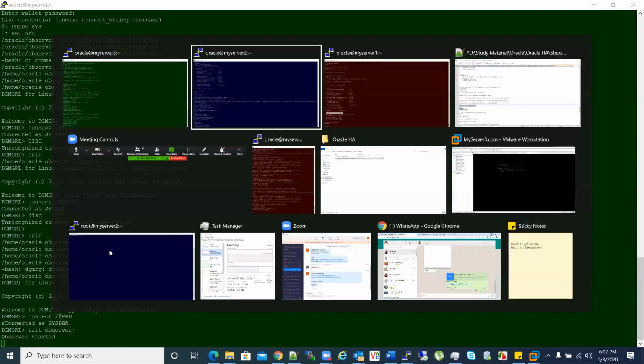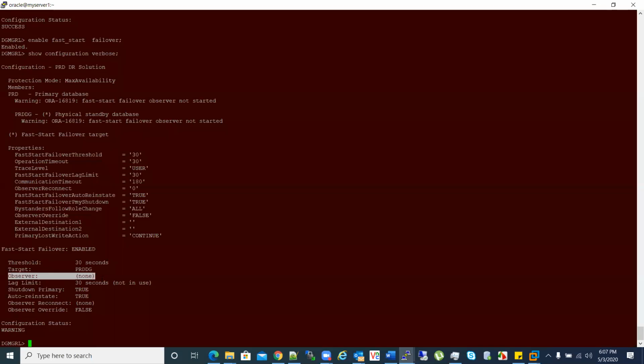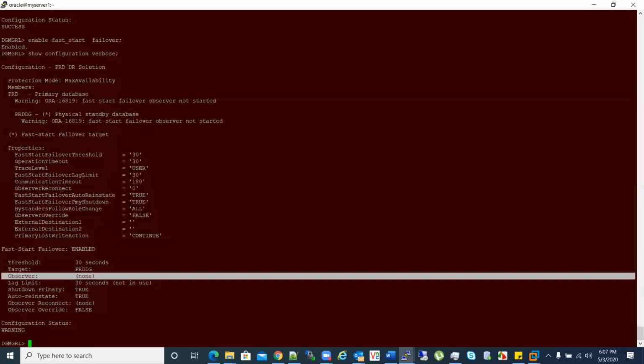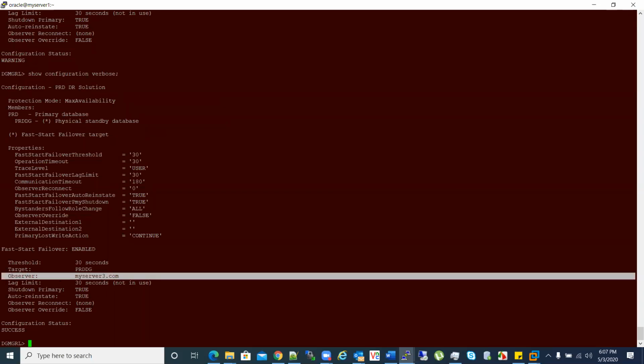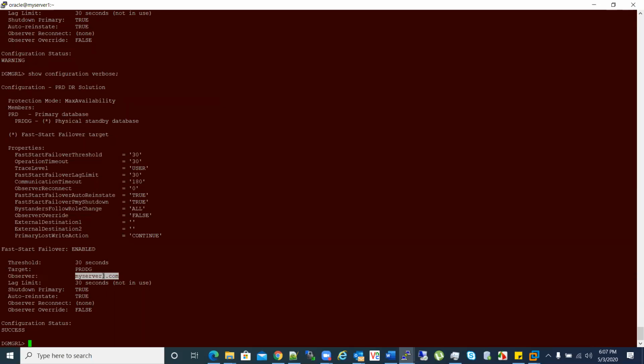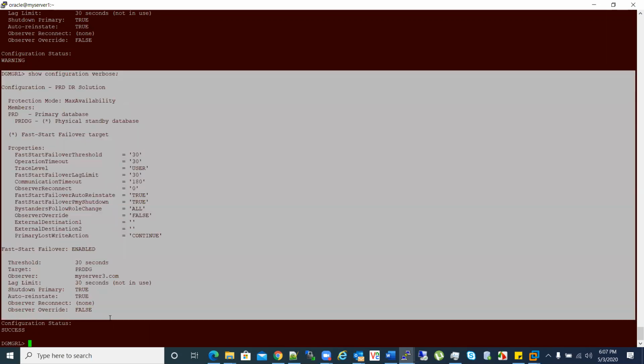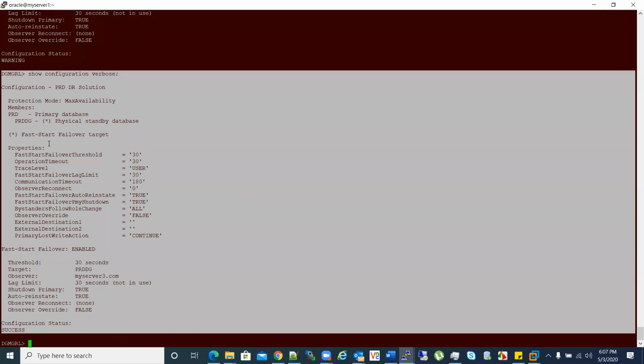It says observer started. Now we'll check whether the observer is showing here. You see my server 3, it's saying okay, there is this observer server called my server 3 which is monitoring both your databases. So here we are done. We created an HA system with an observer server.